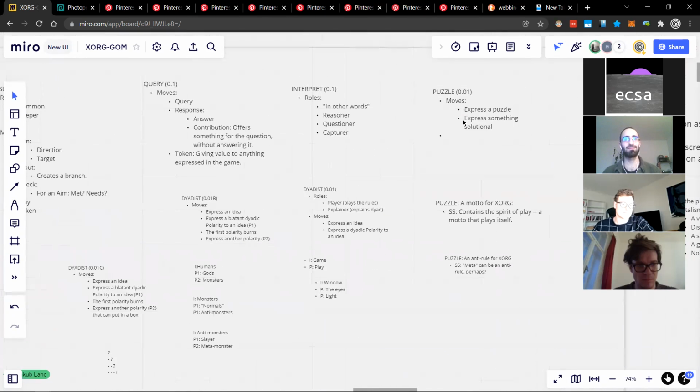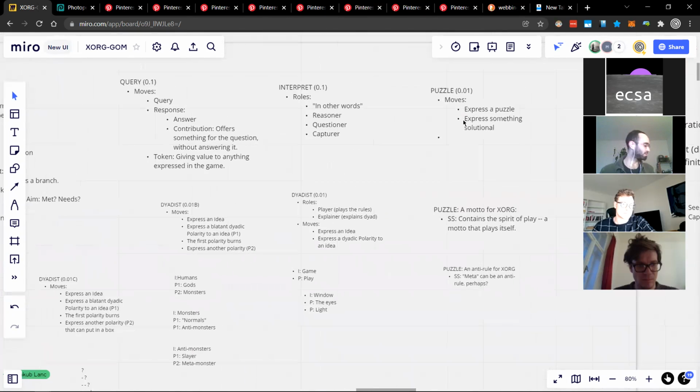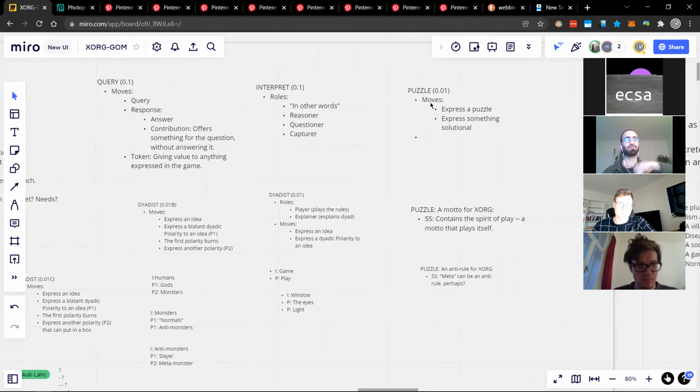I don't know if I need to scroll, but for example, we made this kind of an expansion to this conversational situation, which was called puzzle, just a couple of mechanics, which had the moves of express a puzzle and express something solutional. And of course, added to those mechanics was how we can expand the sense of what a puzzle is.